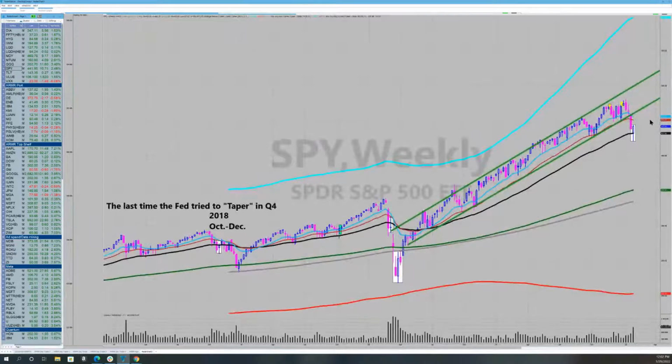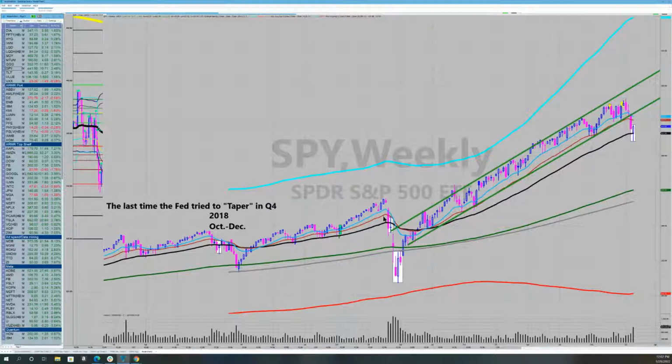what I really wanted to show you was this. So we're in week 2 of a breakdown of a major uptrend. Let's go back and look at prior sell-offs. So here is the pandemic. This is week 2 of the pandemic. Major breakdown from a huge uptrend. Consolidation for the next week. Gap down and implosion. Now that's a pandemic, okay? So we don't necessarily have to have a gap down implosion. That was a pandemic. Let's go back to